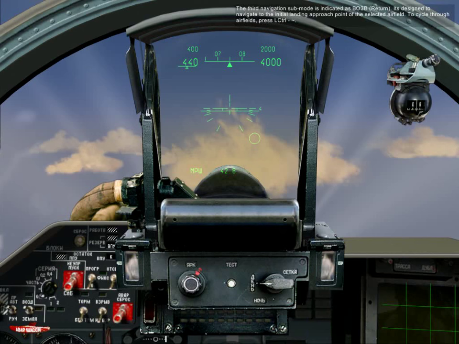The third navigation sub-mode is indicated as return. It's designed to navigate to the initial landing approach point of the selected airfield. To cycle through airfields, press left control